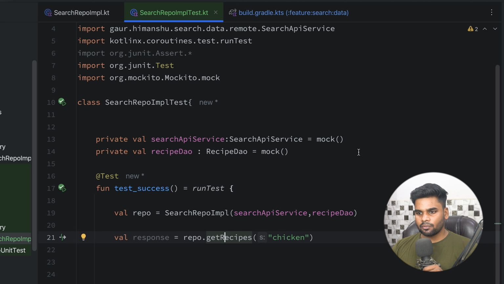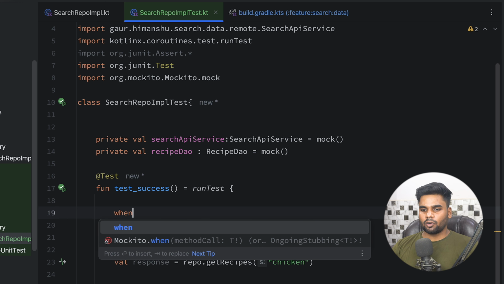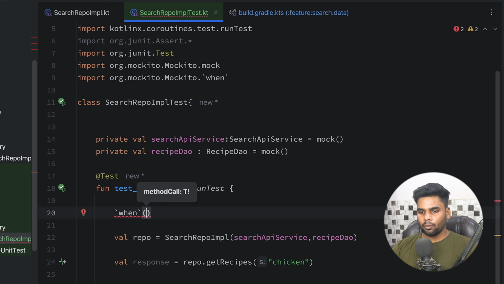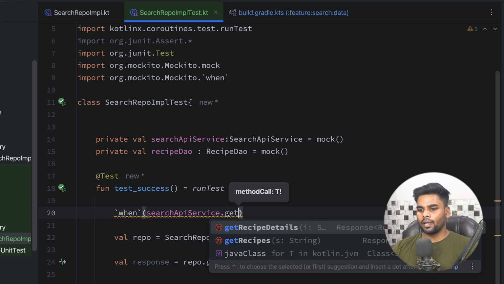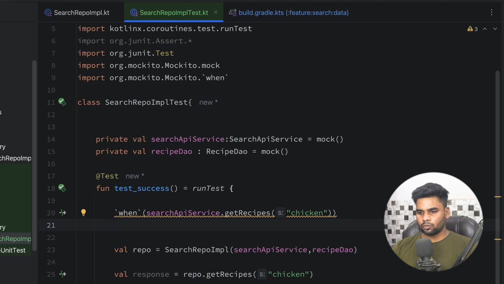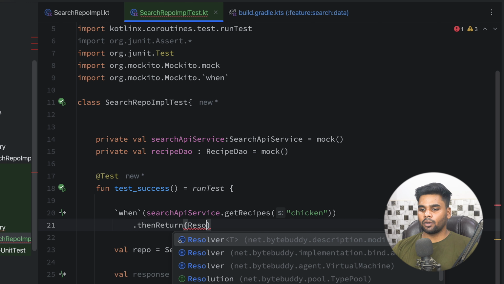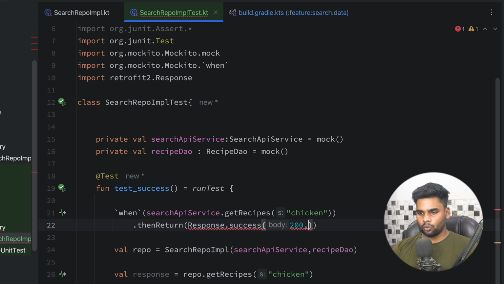Now in our test case, we are using mock here. By using mock, you can return fake data when searchAPIService.getRecipe is hit by our repository.getRecipes. For that, I'm using Mockito here, and when searchAPIService.getRecipe is called with chicken as a query, then I'm going to return something. What we are going to return is Response.success, code will be 200, and